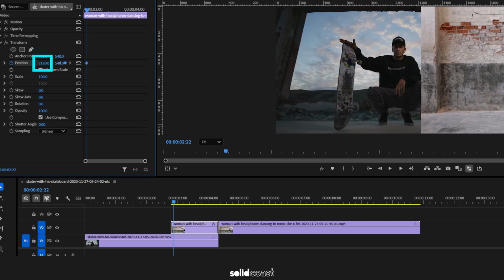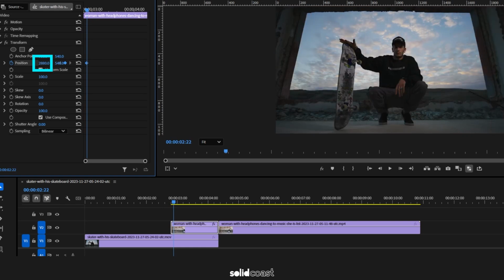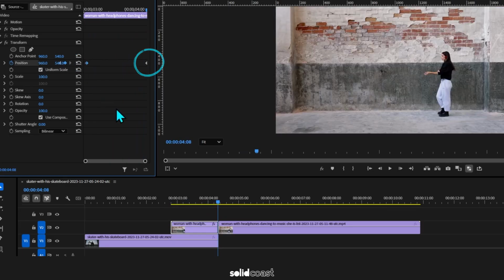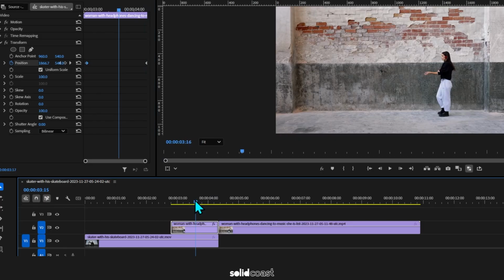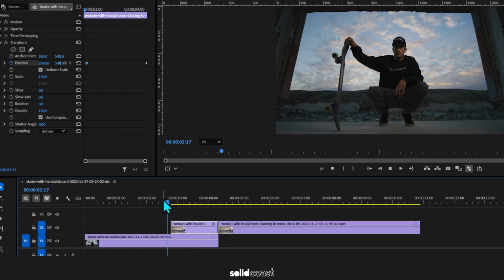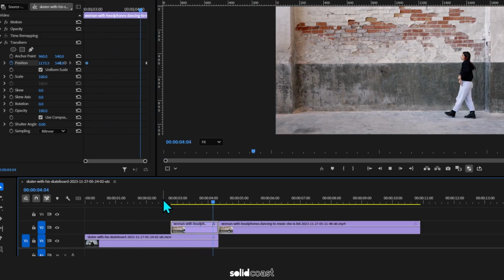So let's move it all the way out of sight to the right, which is where we want it at the start of the effect. Then move the playhead to the end of the clip and hit the reset button here to reset the image to create the second and final keyframe, but with the image in its original position. So this is the basic movement in place, but as you can see, it looks very basic and not smooth